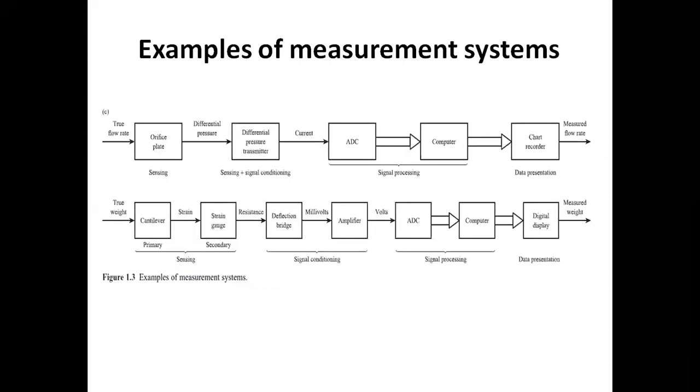Then the third example is an example of a flow rate sensor, liquid flow rate sensor, where your primary sensing element is the orifice plate. I encourage you to watch a video of how an orifice plate works. It receives the true flow rate and it gives differential pressure. And then we have the sensing plus signal conditioning element being